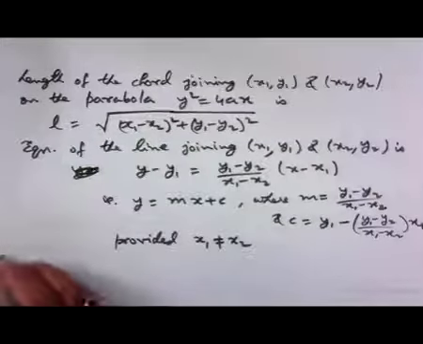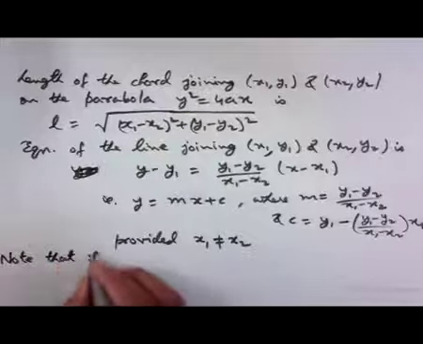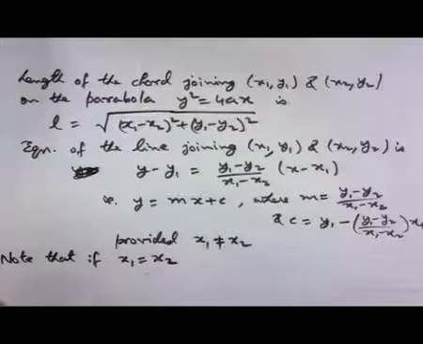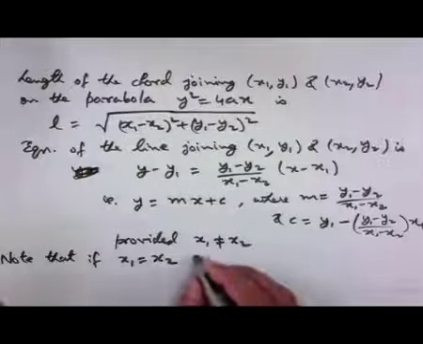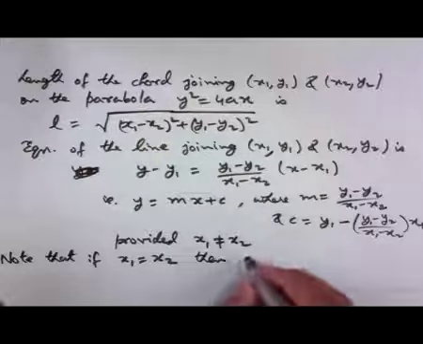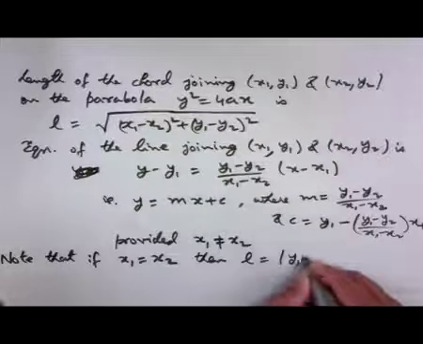So, note that if x 1 is equal to x 2, then the length of chord L is equal to mod of y 1 minus y 2,